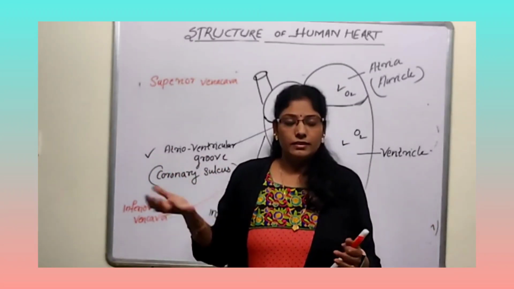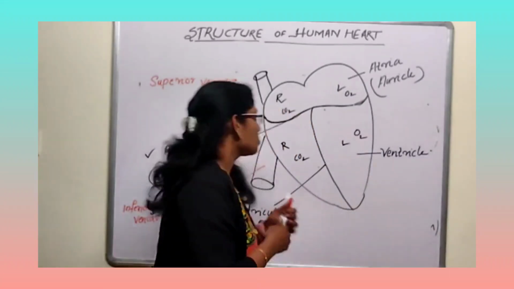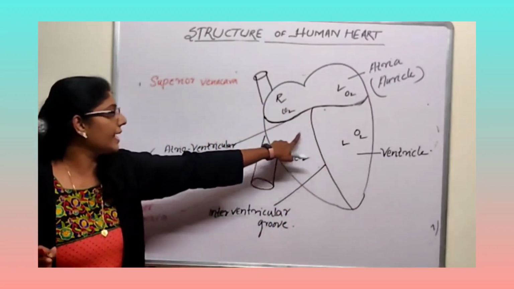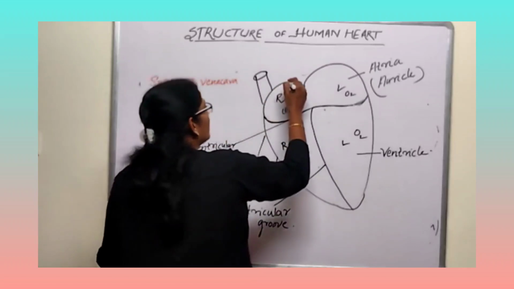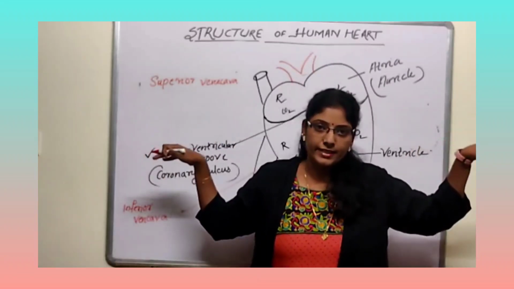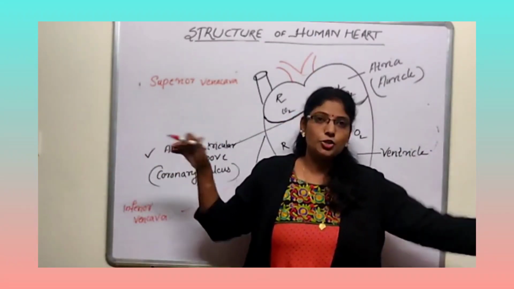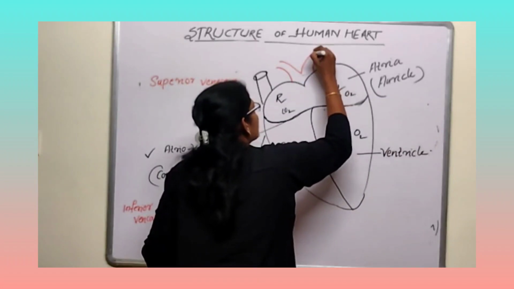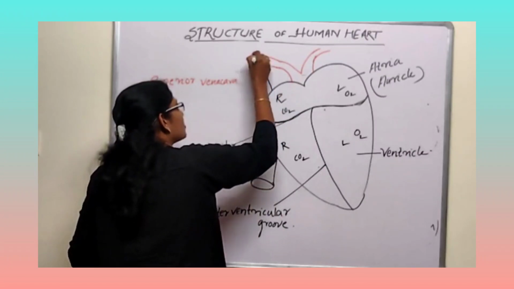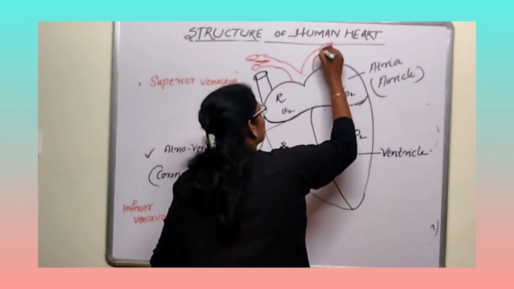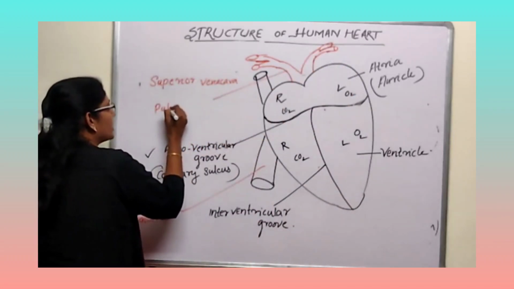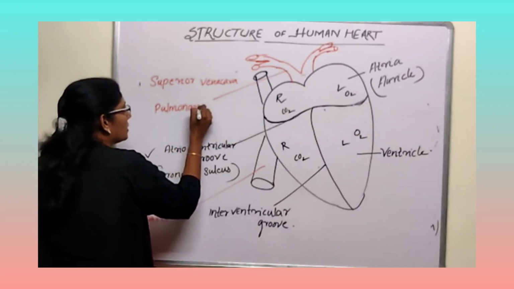From the lungs, the blood will take oxygen. Okay. So, for that one main blood vessel is there. That blood vessel will take the impure blood to the lungs for purification. Consider this is that blood vessel. Okay. It is standing like this. One branch to this lung, another branch to this lung. So, this is called, again it will get a branch. This blood vessel is called pulmonary trunk. What is it? Pulmonary trunk.